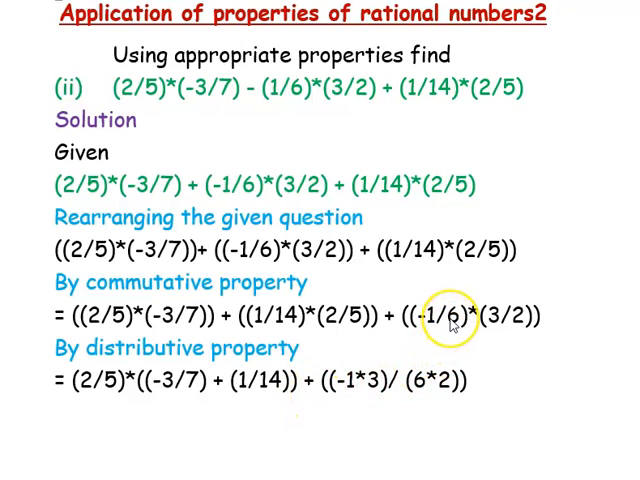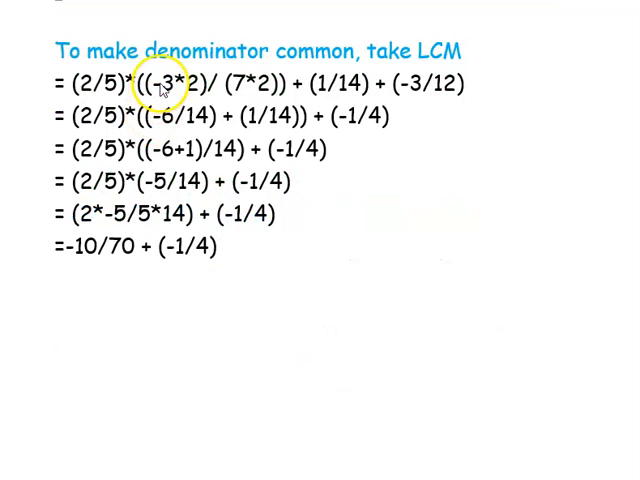Here we are doing the multiplication part. We are multiplying numerator and denominator separately. So (−1 × 3)/(6 × 2). Next we want to add, so to make the denominator common, we are taking the LCM. So 2/5 × ((−3 × 2)/(7 × 2) + 1/14), which is (−6)/14 + 1/14, plus this −3/2 we are simplifying